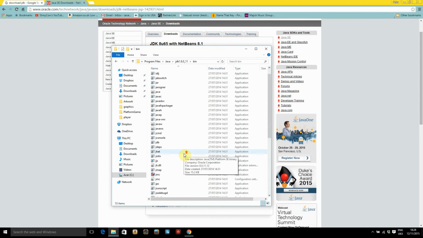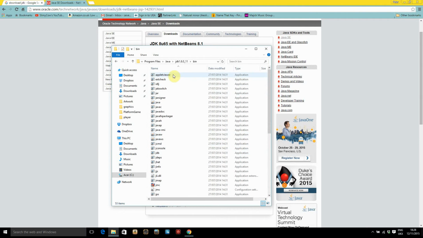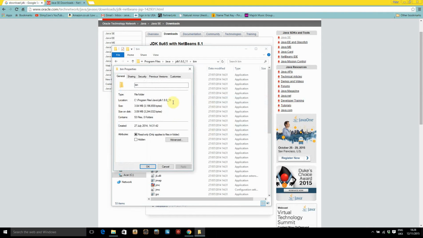There'll be a few things in here. Doesn't matter what you click on, just right click on any one, just choose the top one, right click and go to properties, and then you should have this location. Now this is what you need to set up the system variable to tell it where it is. So if you highlight this location and then go to copy,